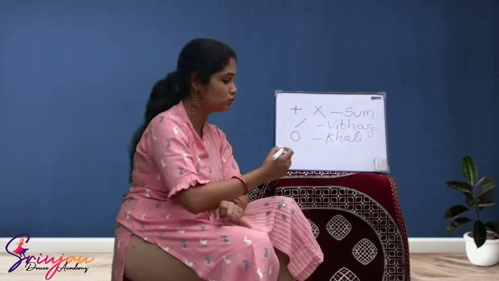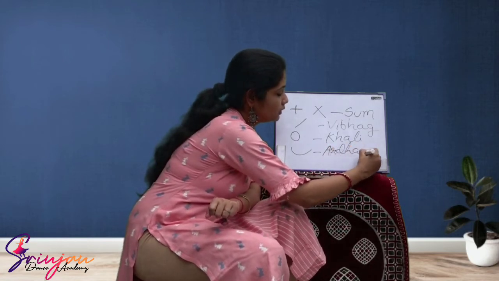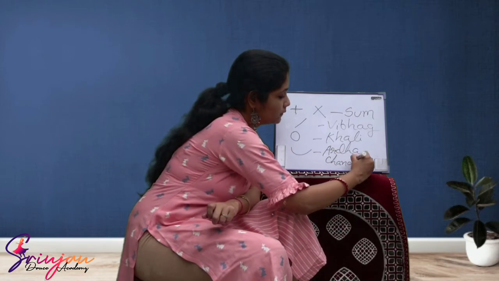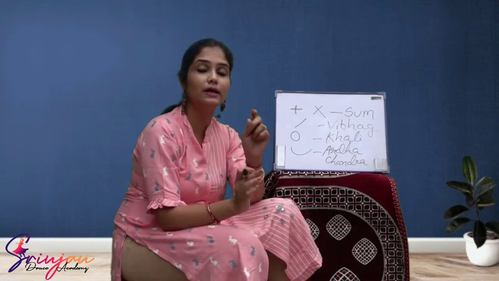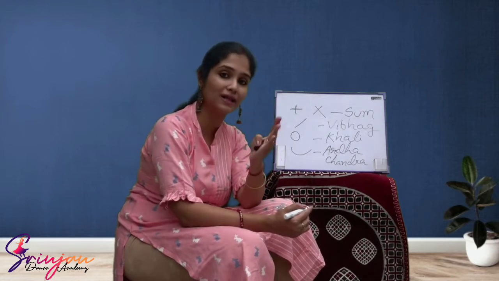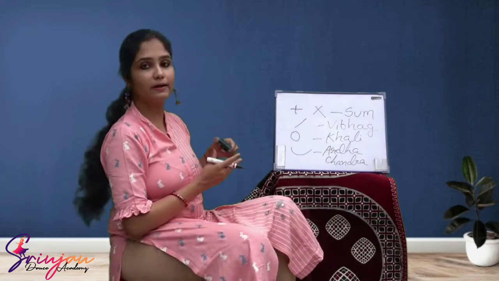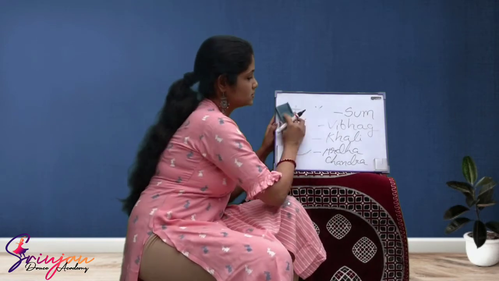The last sign which you should know is this. This is called the Ardha Chandra. This sign is usually put below a matra to show that in one count how many matras are there. Now when you are writing one matra in one count, then usually this sign of Ardha Chandra is not used. When you are using 2 syllables, 3 syllables, 4 syllables, more than 1 syllable in one matra, then you need this sign of Ardha Chandra. Okay, now let me come to a tal so that you can understand all this.